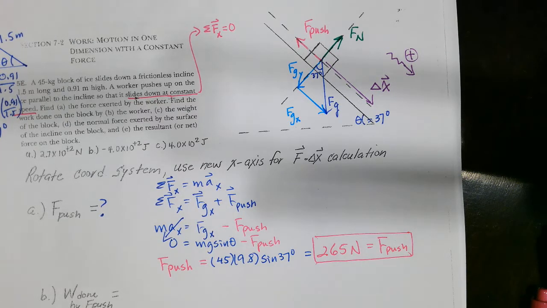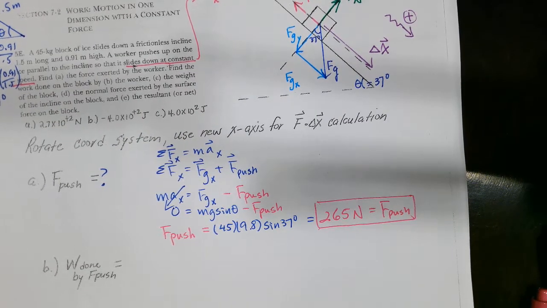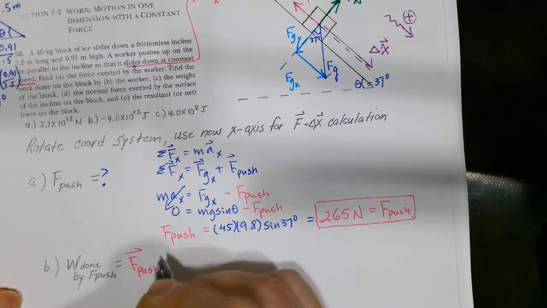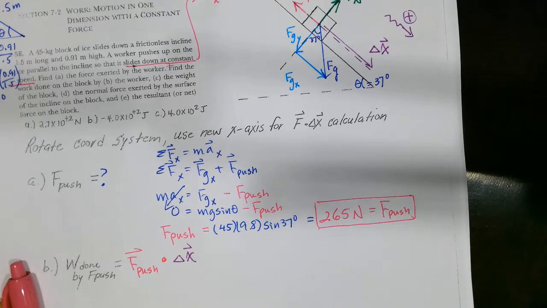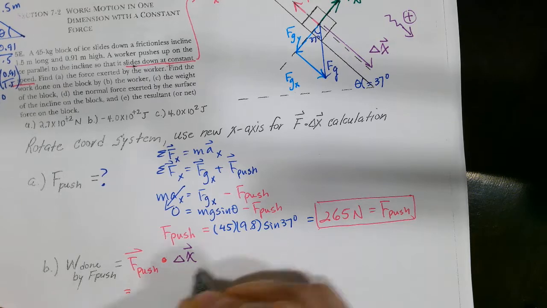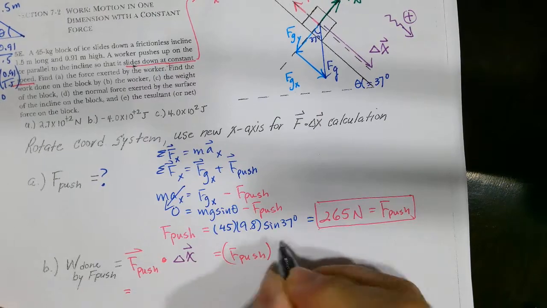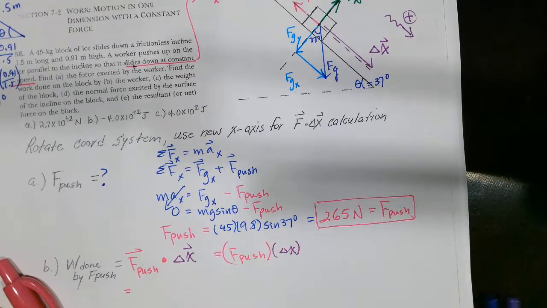So how much work is being done by F push? Well, work done by F push is equal to F push dot delta X. Therefore, well, that's the same thing as saying F push times delta X times cosine of